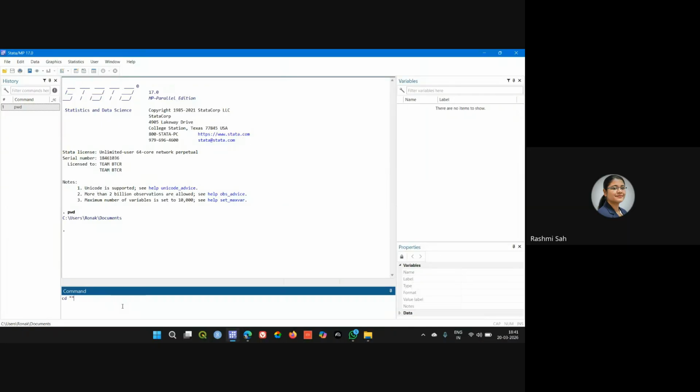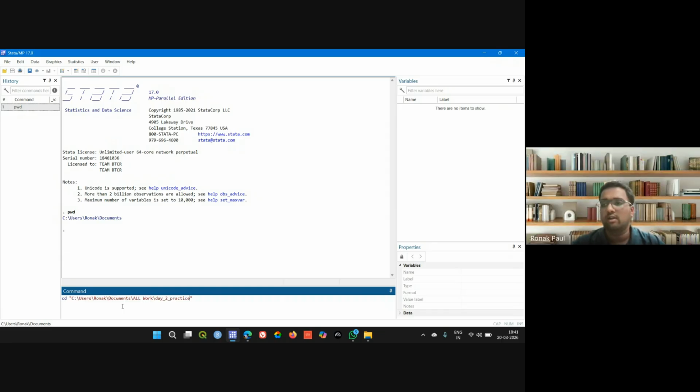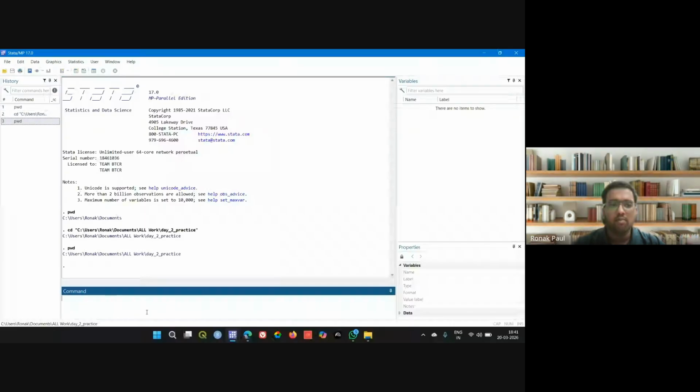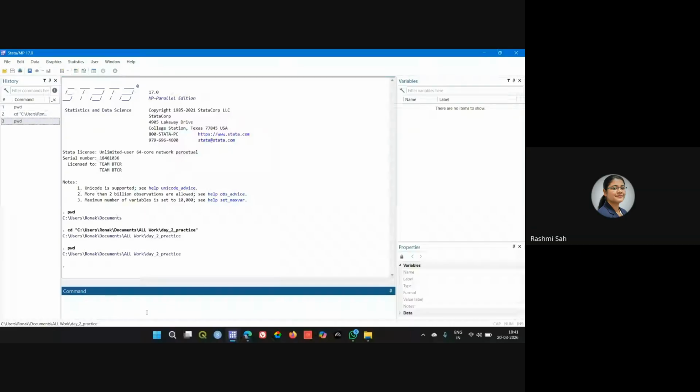you give two inverted commas, and between them you put the folder address. You press enter, and Stata runs this command. Again, to verify, when you type pwd again,